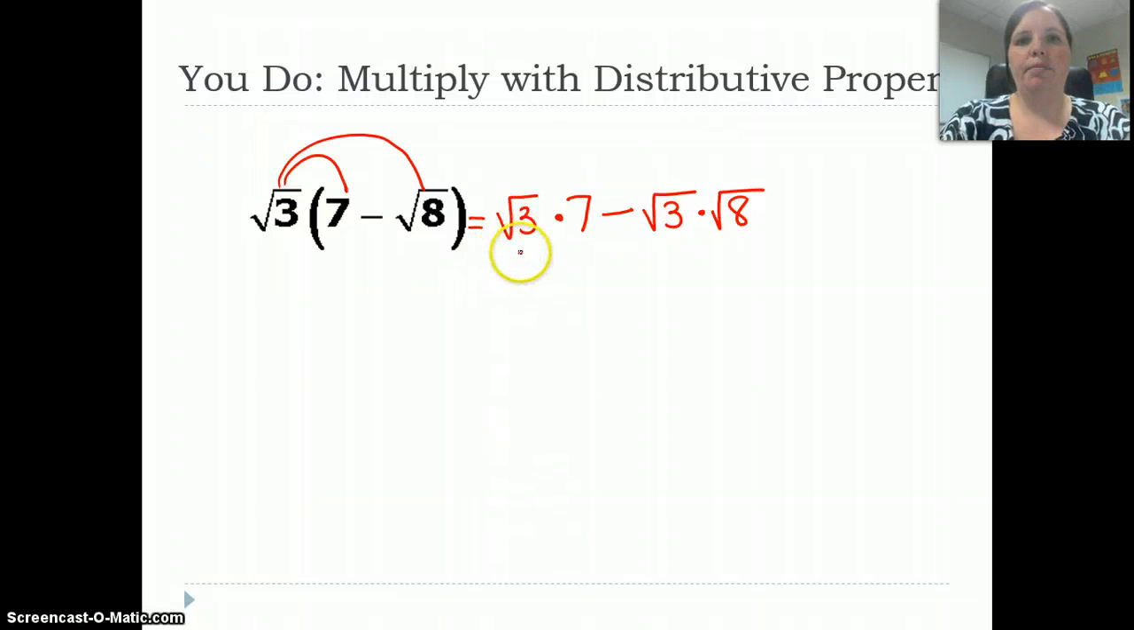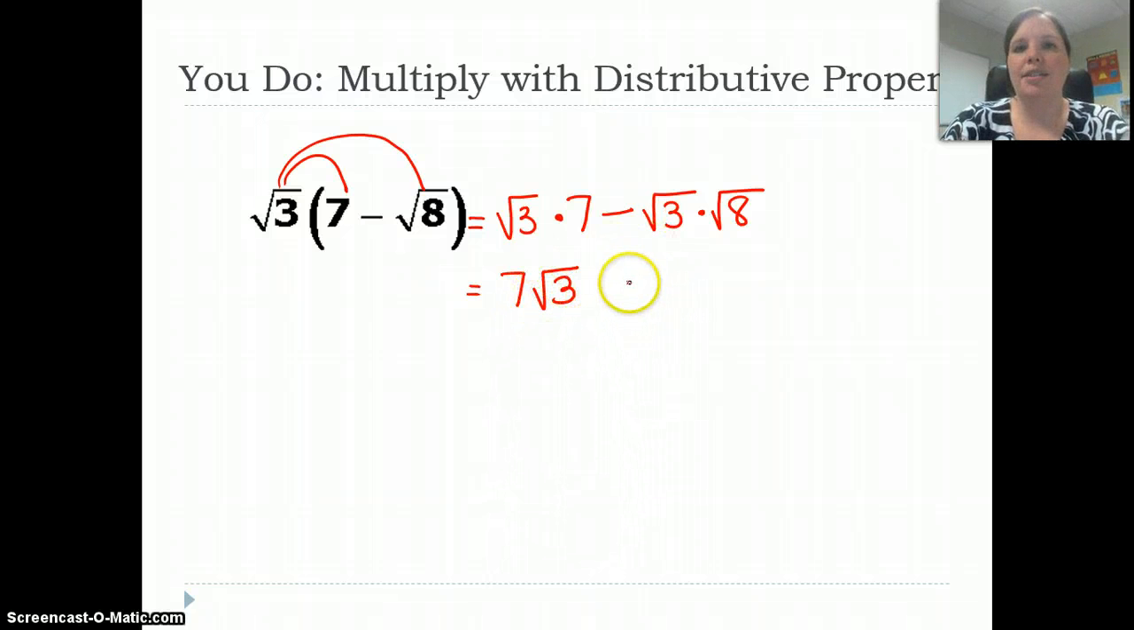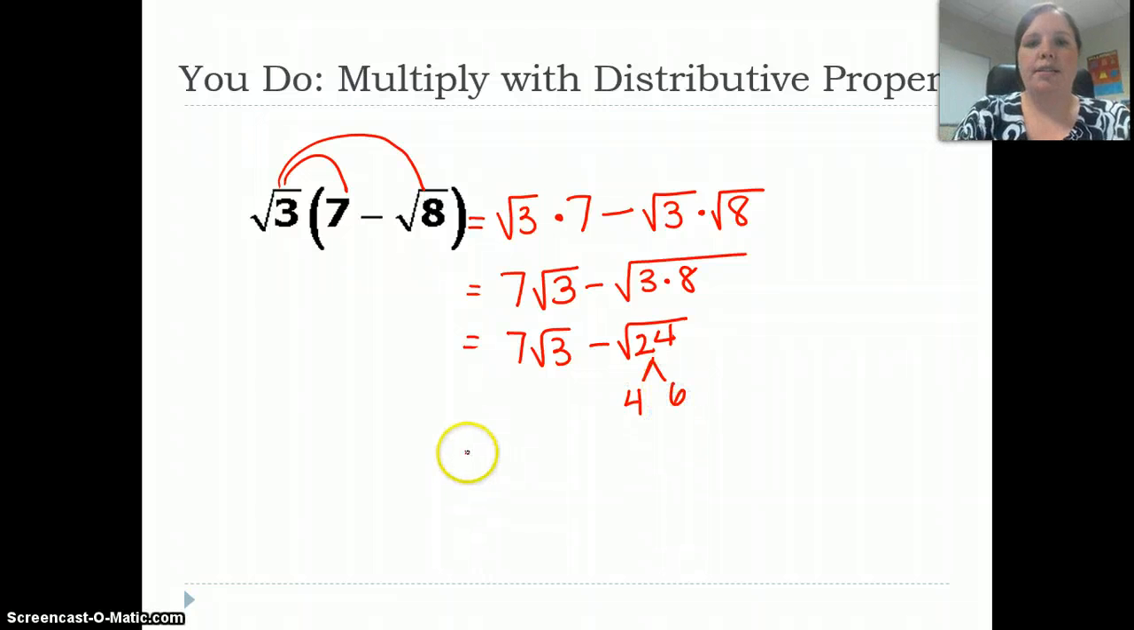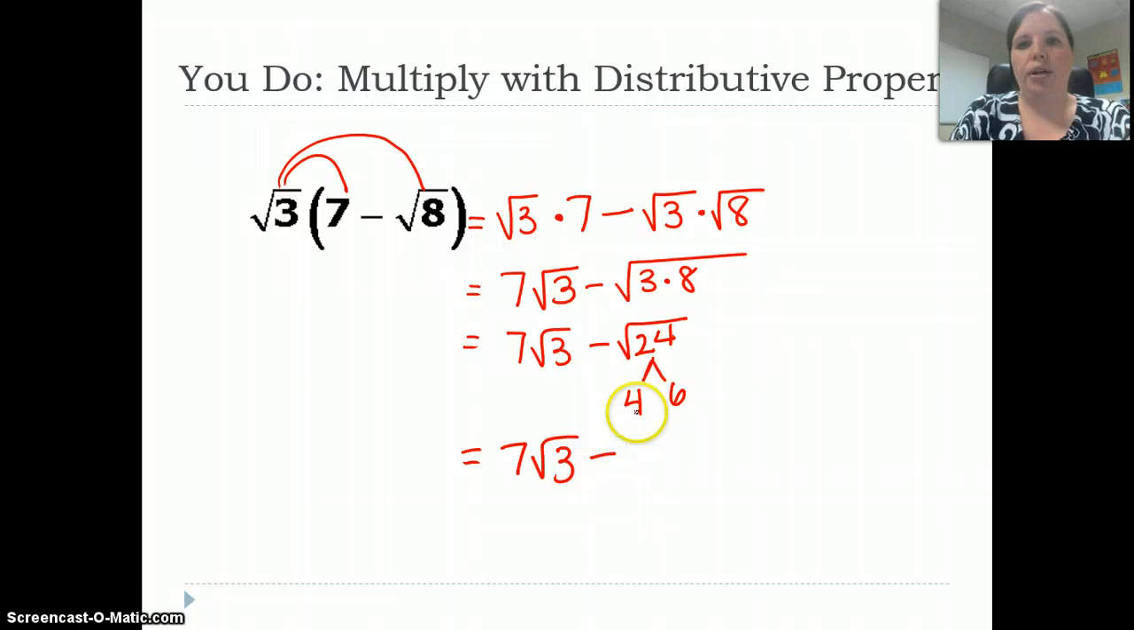Now 7 times root 3, we normally write in this order. There's nothing we can do though. 7 is not in a root and 3 is in a root, so we're going to leave those separate. And then the product property says I can put 3 and 8 underneath the same root. So I have 7 root 3 minus square root of 24, and simplifying this,